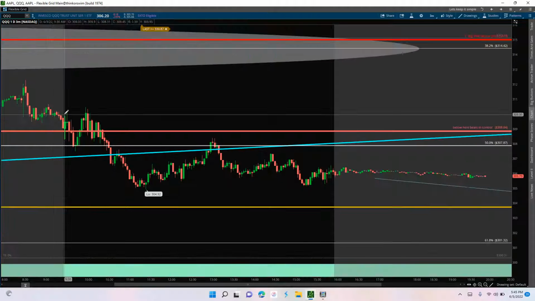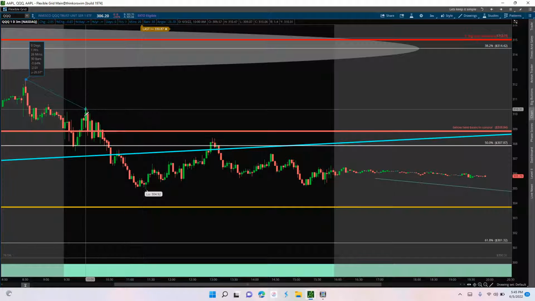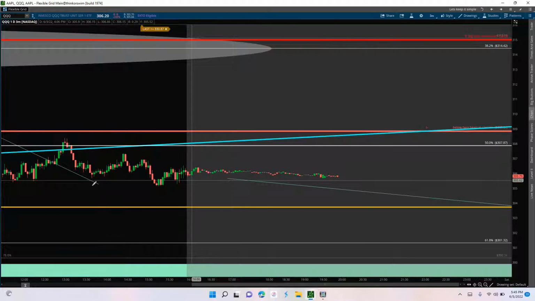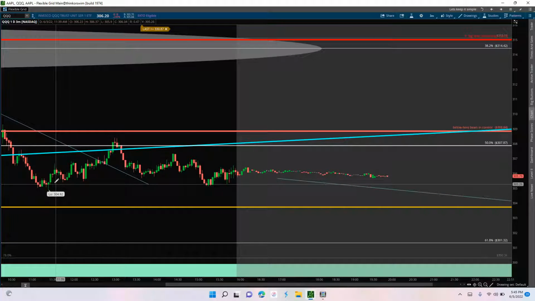So notice here we came down, we held this support, we came back up, then we came back down. So pretty much the market didn't know what it wanted to do here. So you get your pre-market high, and then you get your most recent high during trading hours, and then you have this trend line that we are trading under for now until it breaks. And then when it does, look how it comes back and backtests it, but stays outside of it. So if that is the case, then if we hold this low going into Monday,